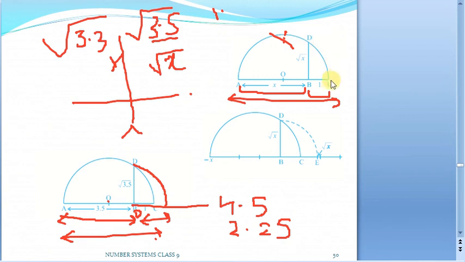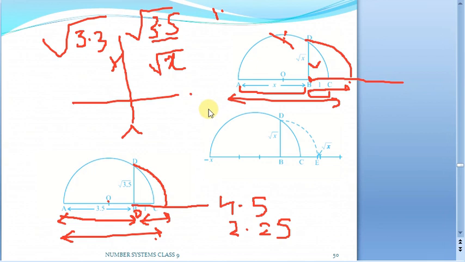Complete the semicircle. Now from this point B, drop a perpendicular such that it will touch the semicircle at D. Now this BD will always give you root x, whatever is required for us. After that, we have to restart our number line from B. So it will be like this, and taking this BD as the radius and B as the center, we just have to extend it to the number line, and from B to the point where this particular curve touches the number line will exactly give you the required number that has been asked.